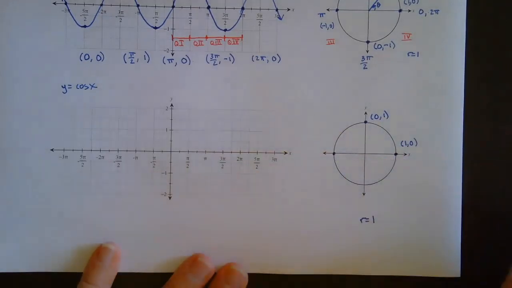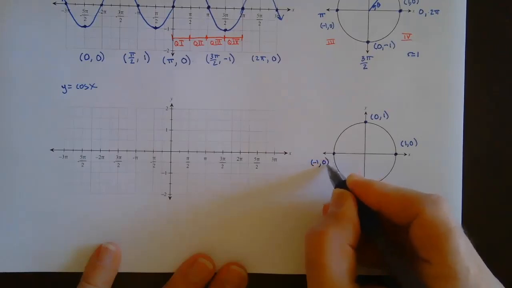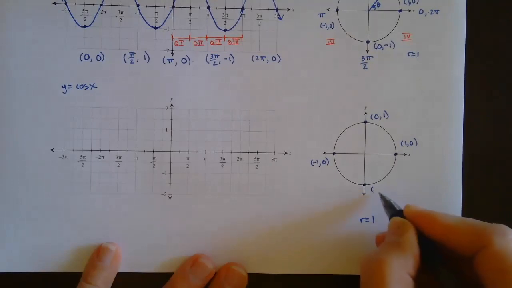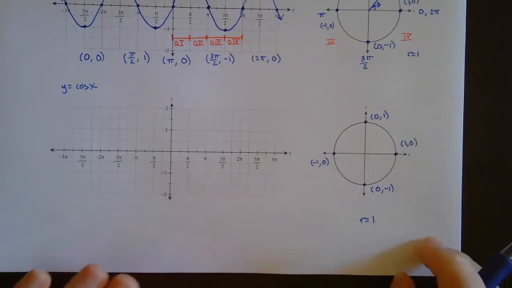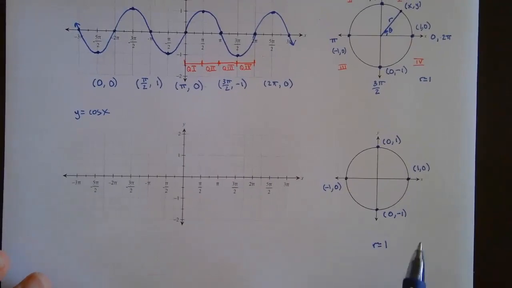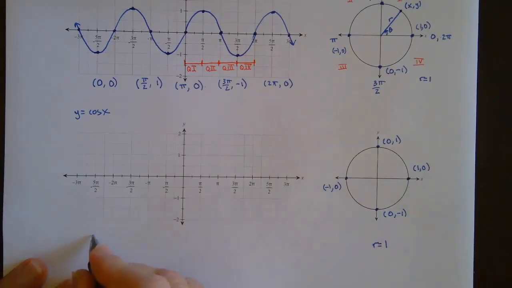Here, the x coordinate would be negative 1, and the y coordinate would be 0. And then the point right here, this x coordinate would be 0, and the y coordinate would be negative 1. And then we come back and we start all over again, right? Okay, so with that said, I know that at angle 0, so I'm going to put 0 in,